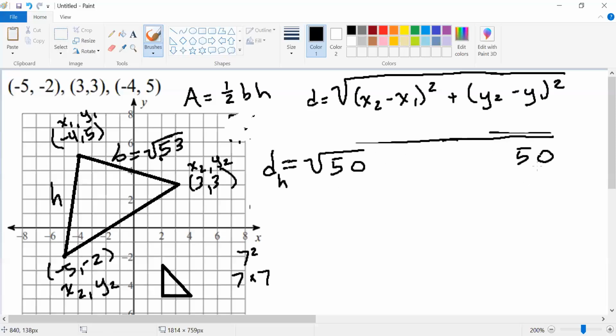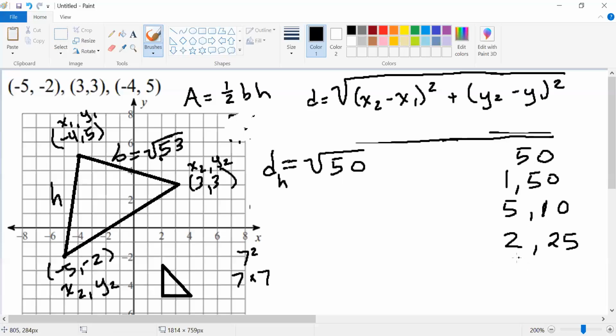So 50, let's see, if our factors are 1 and 50, 5 and 10, and 2 and 25,